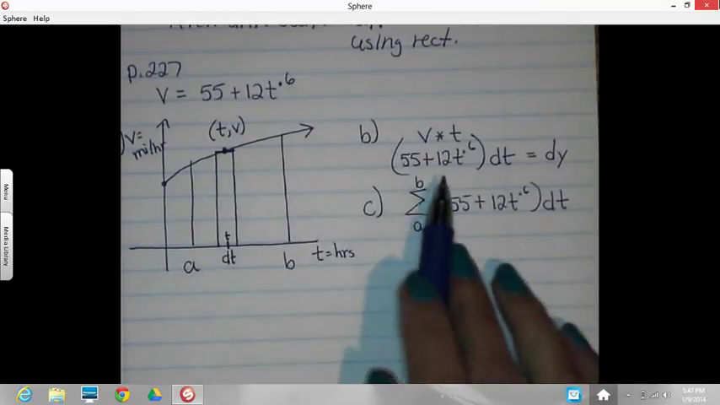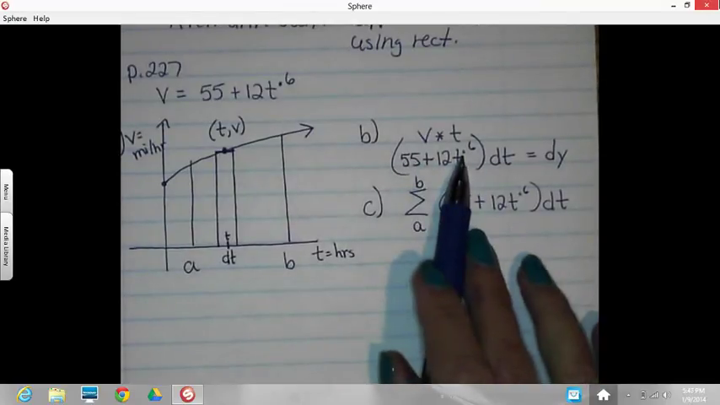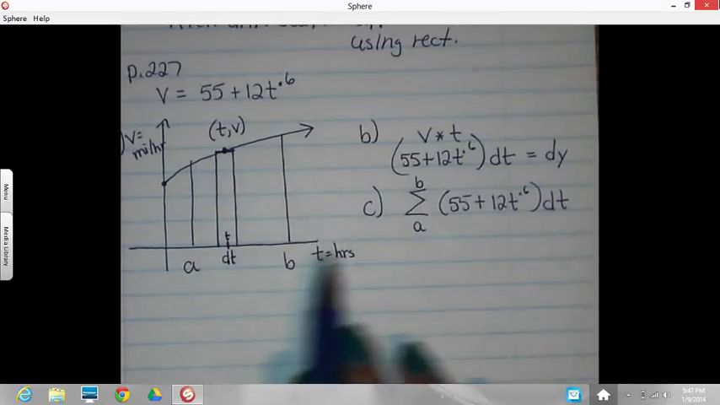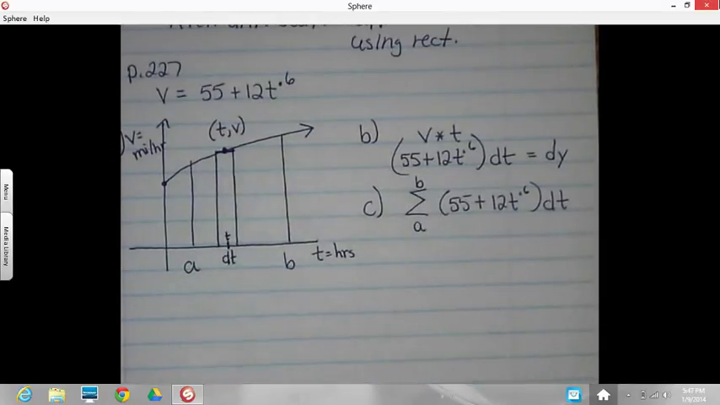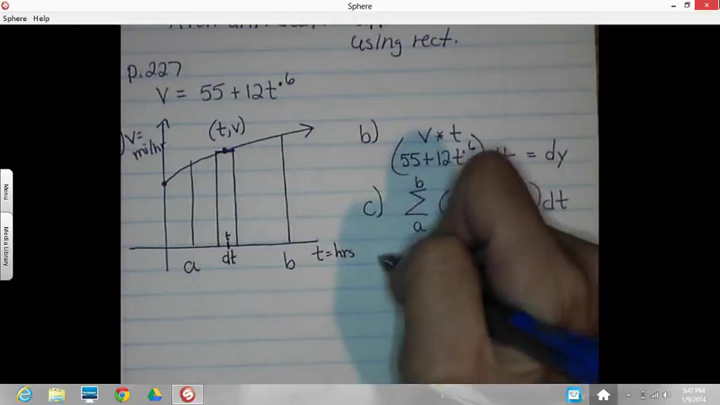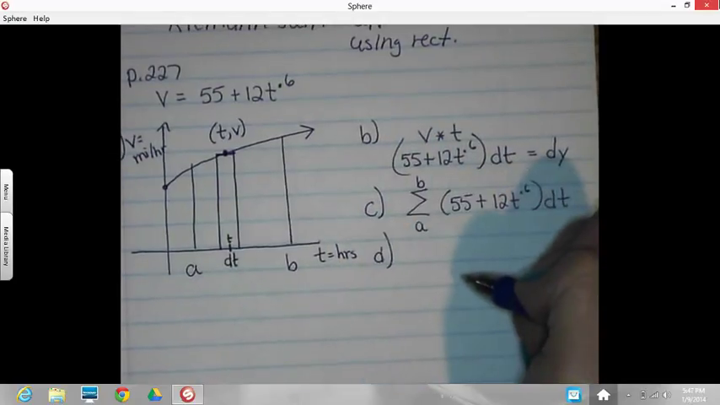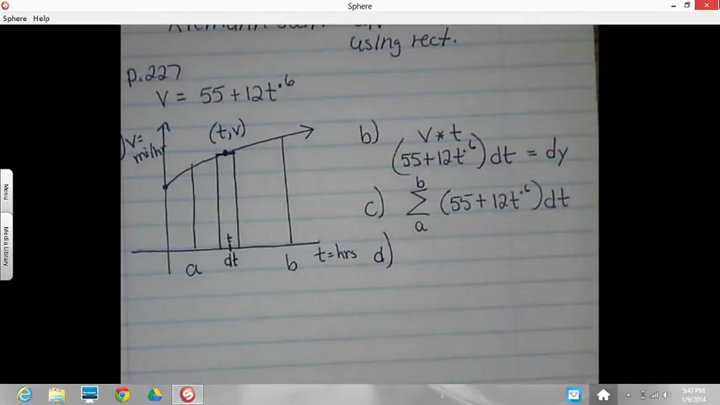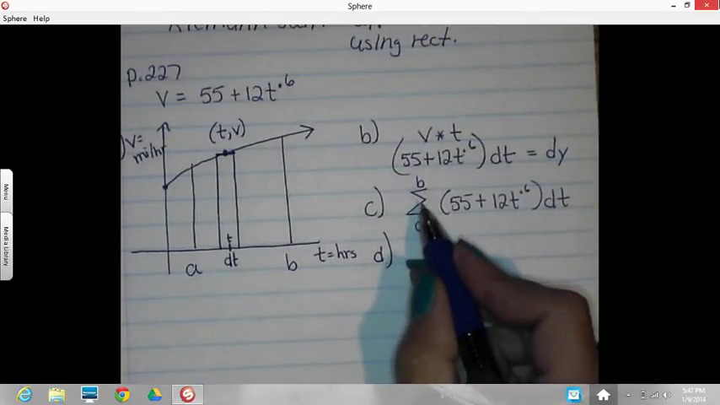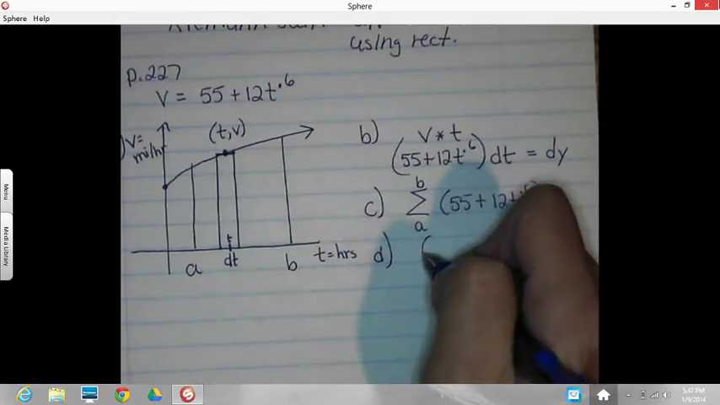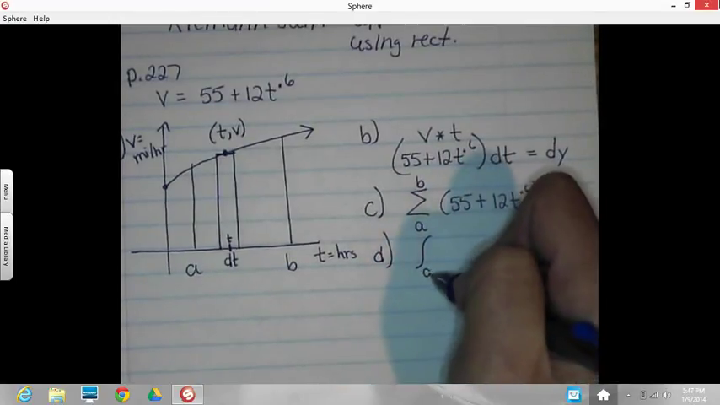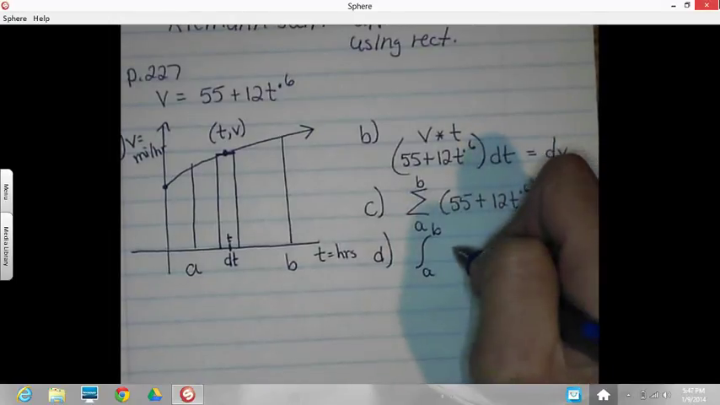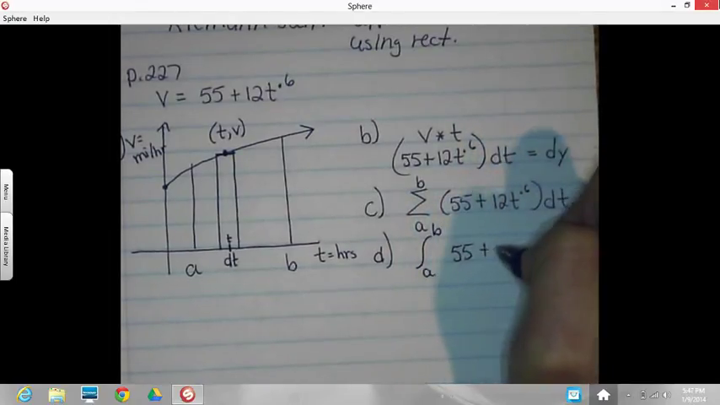So just taking this equation for one rectangle, turning it into a Riemann sum, which says add up all of those rectangles all the way through this interval from A to B. Part D says write an expression for the exact displacement you get by adding up all the dy's and taking the limit as dt approaches 0. When you see the word exact, that just means turn this Riemann sum into an integral from A to B of 55 plus 12t to the 0.6